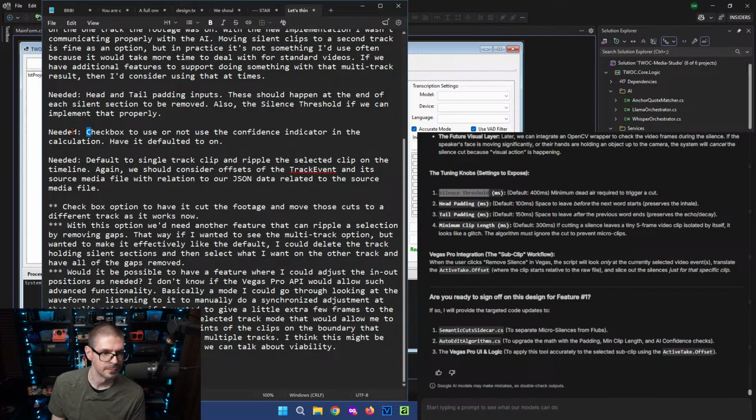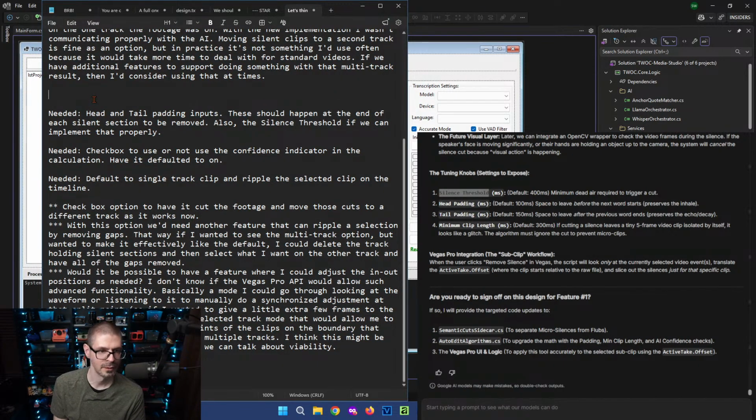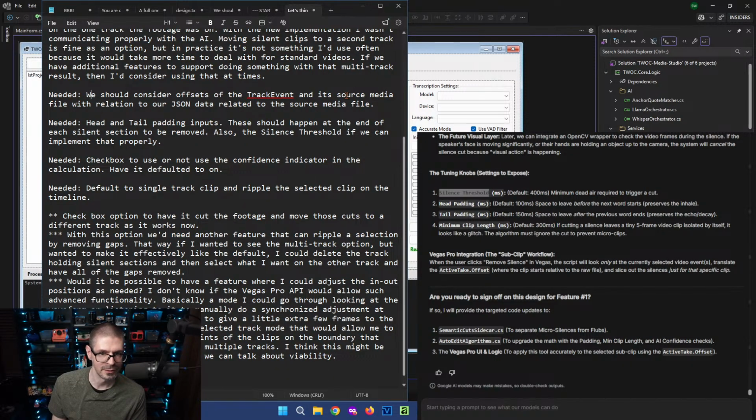Needed. Checkbox. Yeah, okay. Default to a single track clip and ripple the selected clip on the timeline. Again, we should consider offsets of the track event. Let me put that up here. Needed. We should consider offsets of track event and source media file. Adjacent.